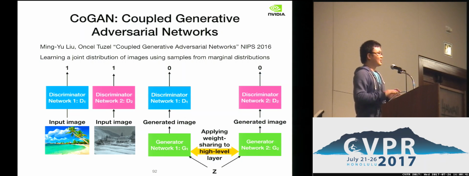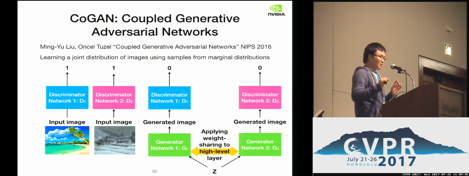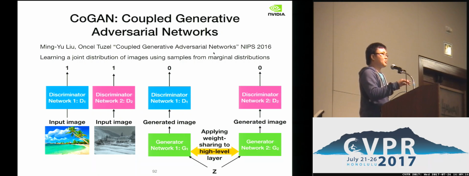But in the image domains, we can use some other prior we have about the images to help us design a network that encourages learning the joint distribution from the marginal samples from the marginal distributions. So what we can do, very simple, as shown in this paper, is the GAN paper. Now, to learn this joint distribution in this unsupervised setting, we need to use more networks.